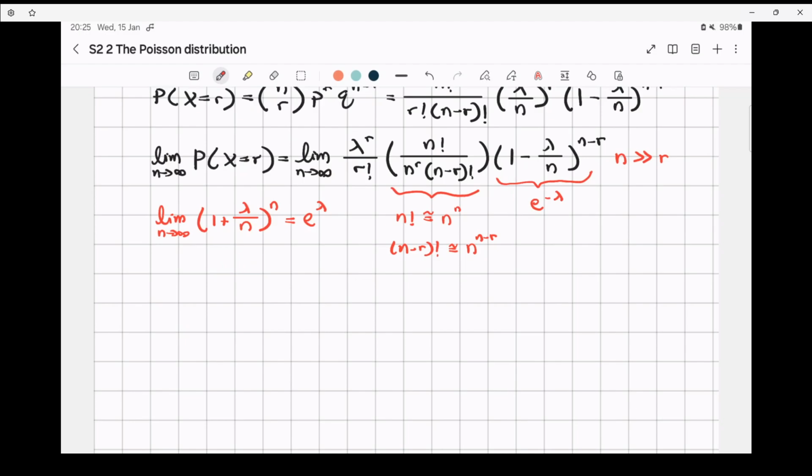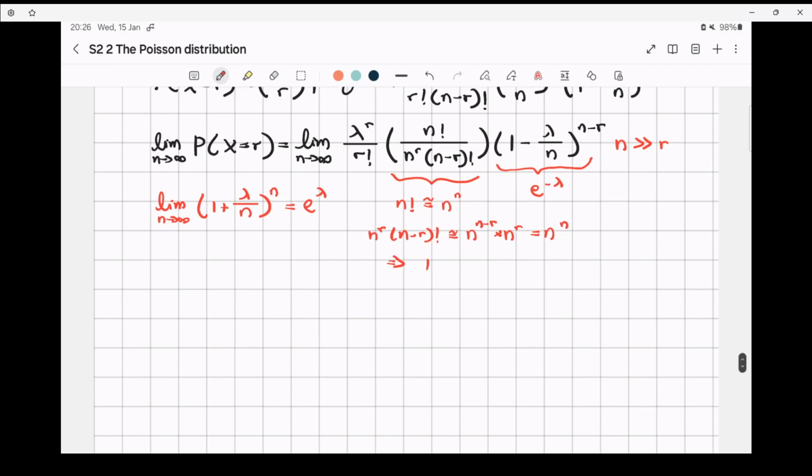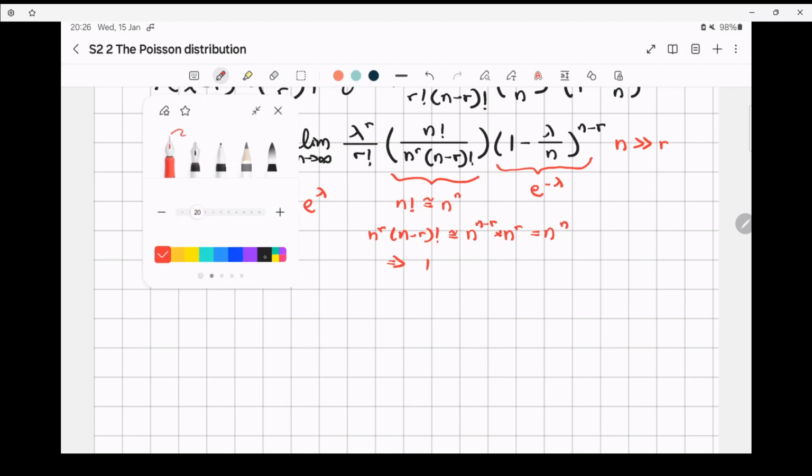So n to the r is of course n to the r. So n to the r multiplied with n minus r factorial would be just equal to n factorial. n to the power of n. So you can see that this particular term would just approach 1, because on top you have n to the power of n, at the bottom you have n to the power of n as well. So in the end, this particular limit